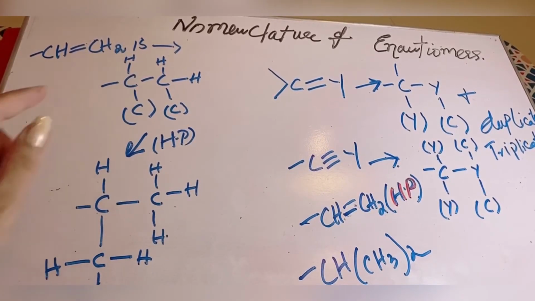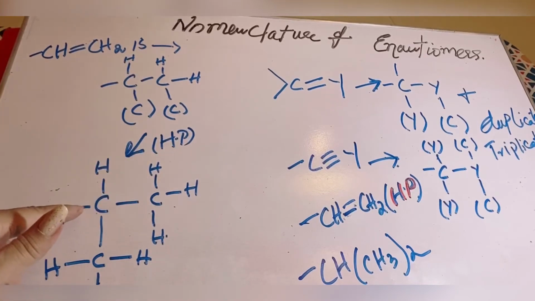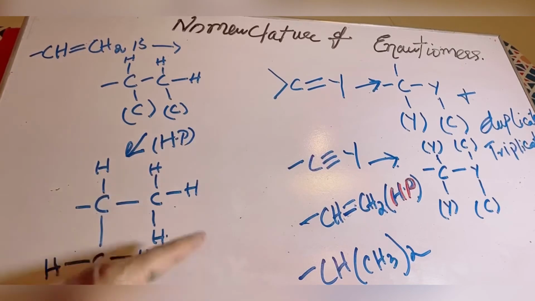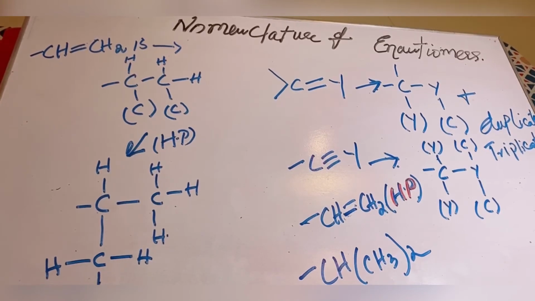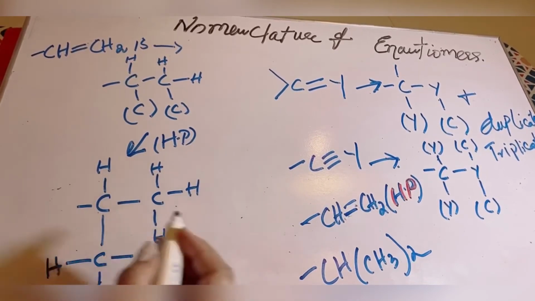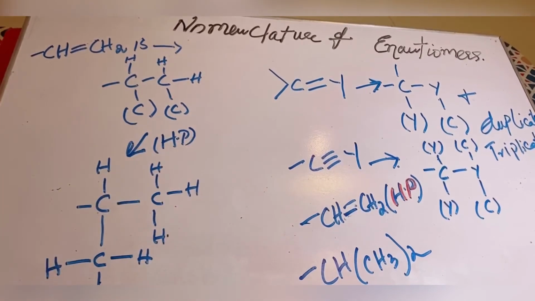Now this has the higher priority as compared to this one, that is vinyl group. It has the higher priority as compared to the isopropyl group. Vinyl has the higher priority. Now why? Because now look at the second set of atoms out here. So the second set of atoms at the vinyl group, the following structure would be like, so for vinyl group it would be like